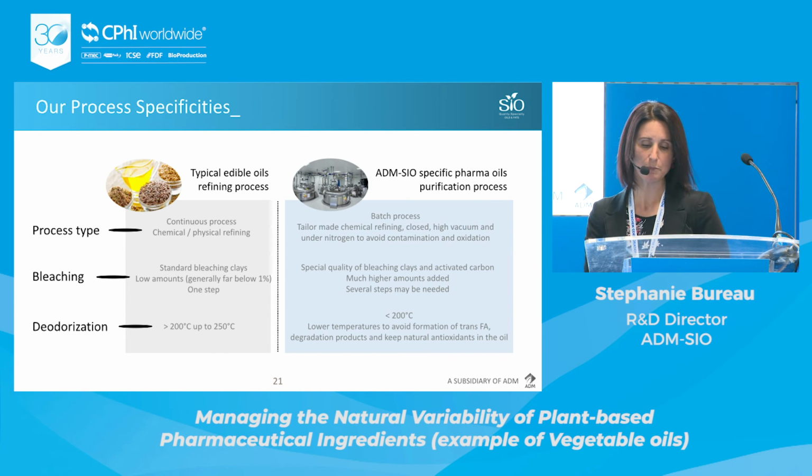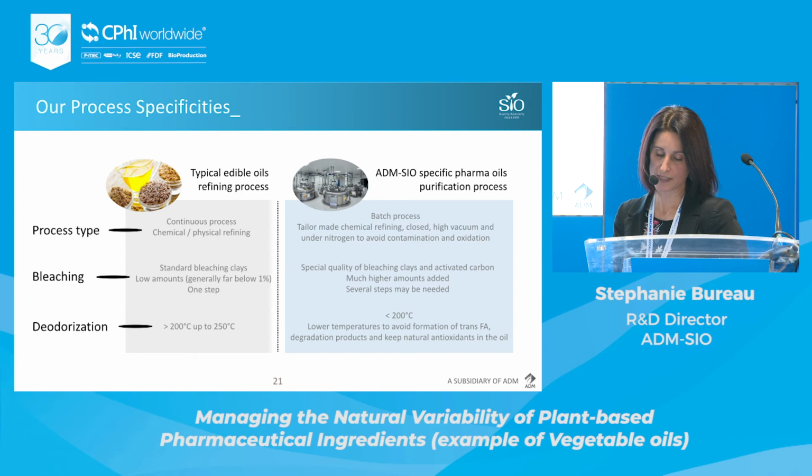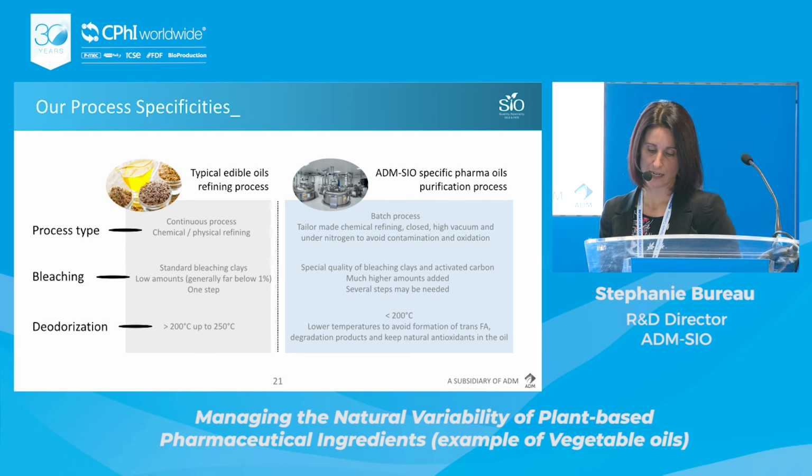As neutralization, the bleaching step is a critical step in the process to ensure quality and stability of the final product. It aims at removing natural pigments that are responsible for oil coloration, but also trace metals that can act as oxidation catalysts. This step can be done with bleaching clays containing or not a part of activated carbon.